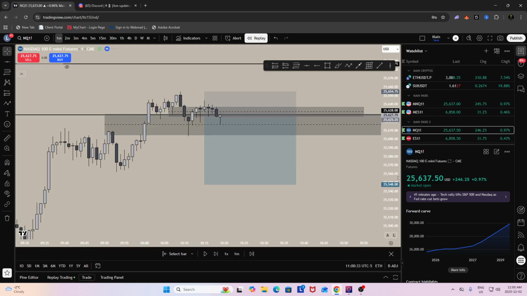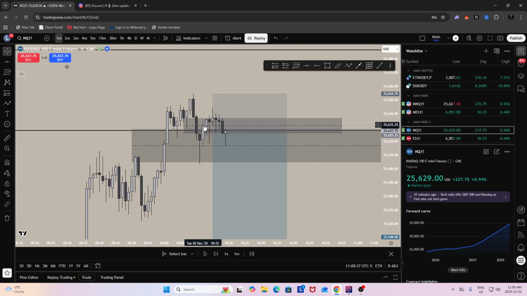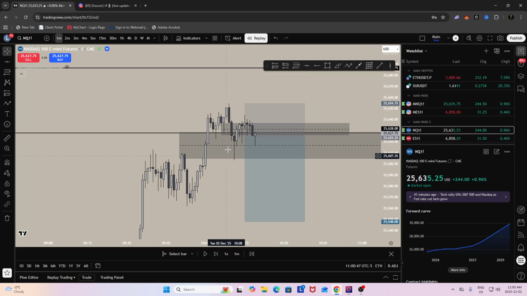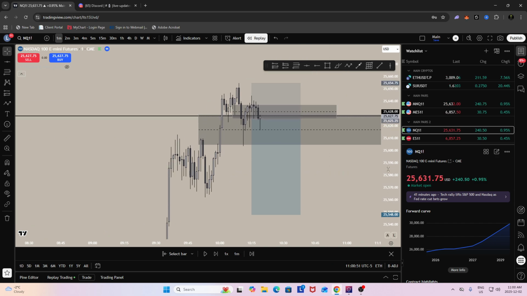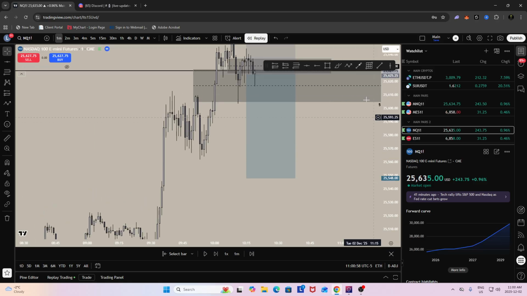So first entry was, we had this 1-minute break, came back into this 1-minute bearish gap. We were just continuously rejecting it, and I took an entry after we got this nice bearish close in and around here, and I just figured that this was going to be a continuation play, and we were probably going to trade through this 5-minute, at least take out this swing low. So anyway, at this point, I saw that ES had room to run down. I figured that it was going to at least get us to break even or something like that, so I